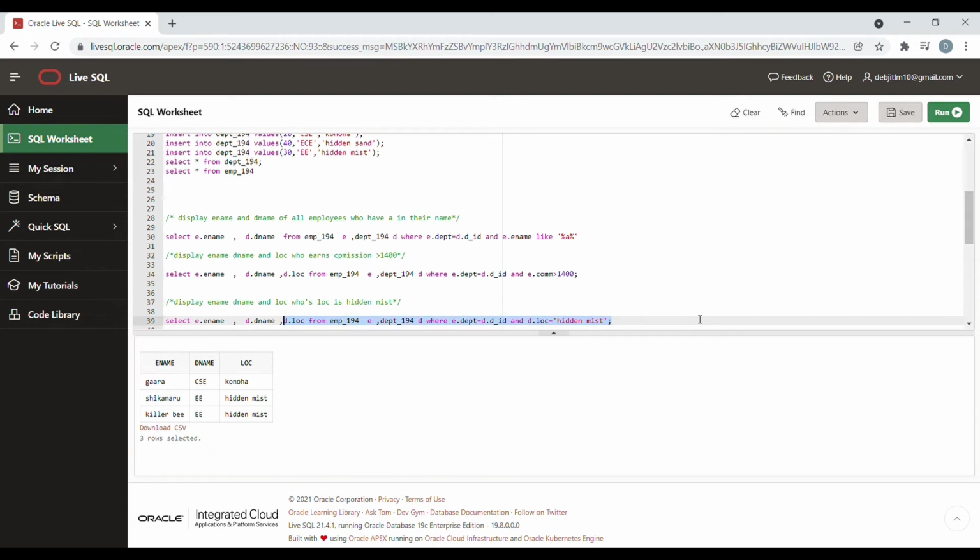I just need to change the AND condition. Here our AND condition will be D.loc equals hidden missed, because I will compare the location part here. So see, all the values with hidden missed as the location value, and which have the similar attributes after joining. After joining we get those, and these are our results.